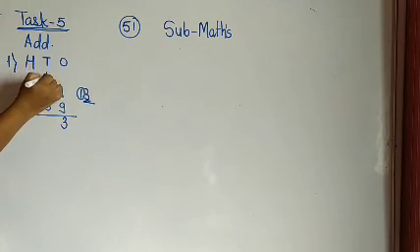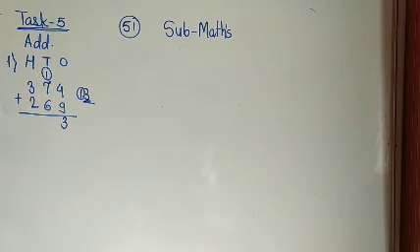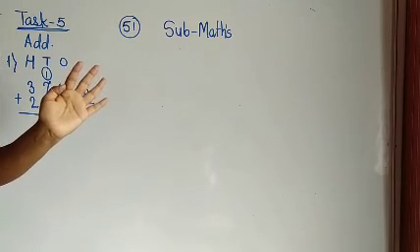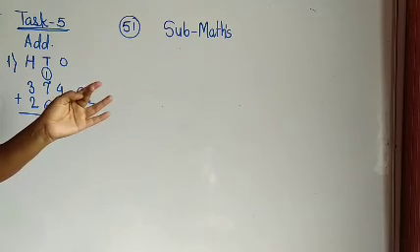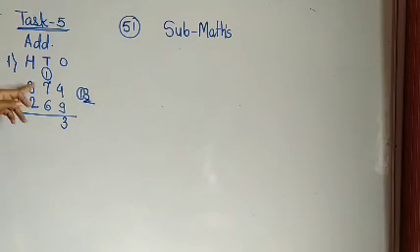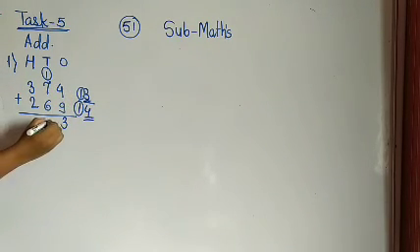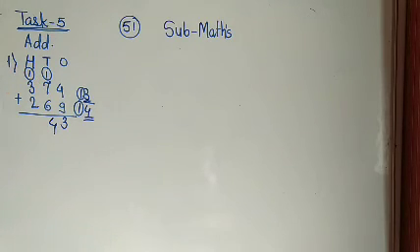This one will be here and we make a circle of it, this carry, so that we understand it is the carry. Now see 7 plus 6. After 7, count 6 fingers. You can count like this also: after 7, 8, 9, 10, 11, 12, 13. So 7 plus 6 is 13, and 13 plus 1 is 14. For 14 also, 4 will be downside and 1 will be carry forward.